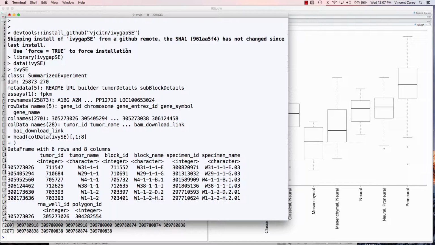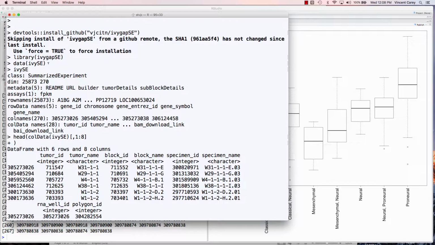You can install the package that contains the data and the software using devtools::install_github. You'll need R 3.4 probably for all this to work well, and this function should resolve all the dependencies that are needed. You may need to also acquire the SummarizedExperiment package from Bioconductor independently. I'm not sure. Once you've got it installed, you can attach the package using